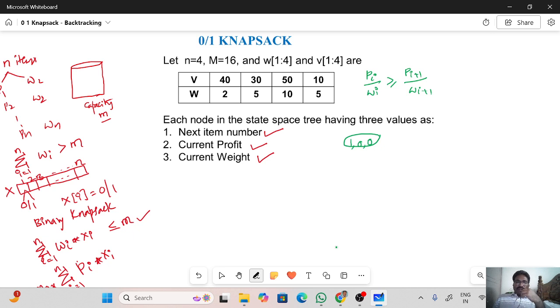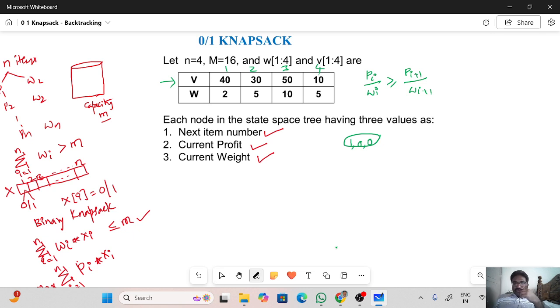So that's why you will observe I am going to arrange my items in this order. This is item 1, item 2, item 3, item 4. Why are we arranging the items in the corresponding order? In the sense, to write our bounding function easier, we are going to verify that bounding function also. So now